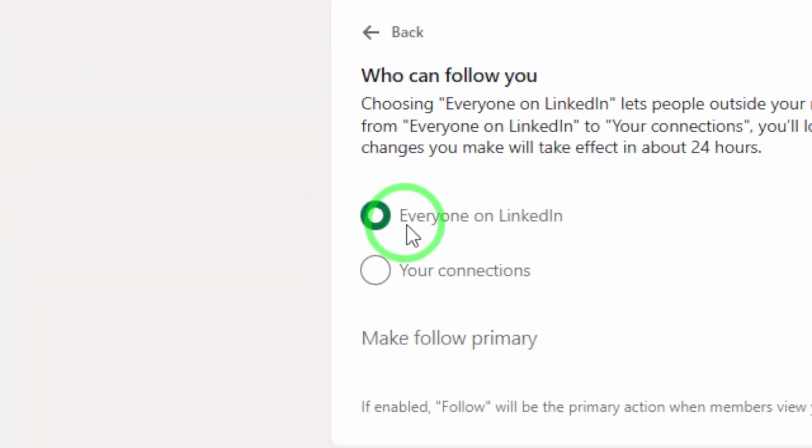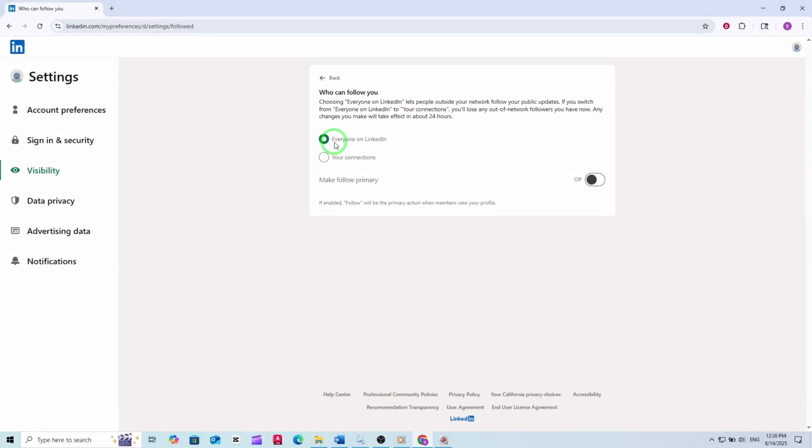Once you've selected Everyone on LinkedIn, your changes will be saved automatically. Now, anyone on LinkedIn can follow your updates, even if you're not connected. This is a great way to increase your visibility, share your expertise, and build a larger professional audience. That's all it takes. By following these steps, you've opened the door for more people to follow your journey and